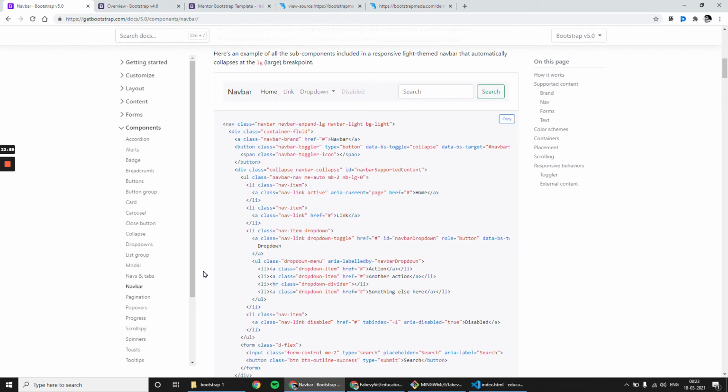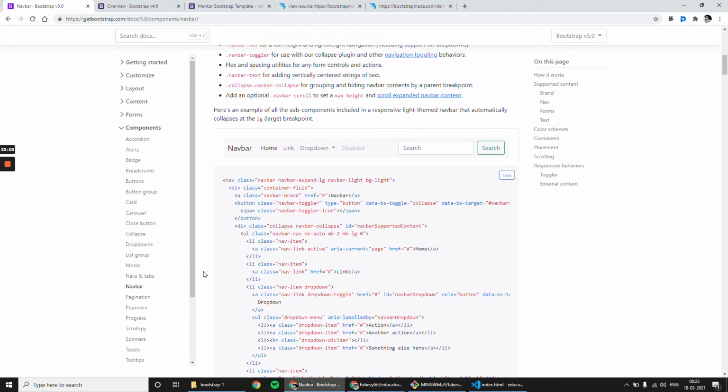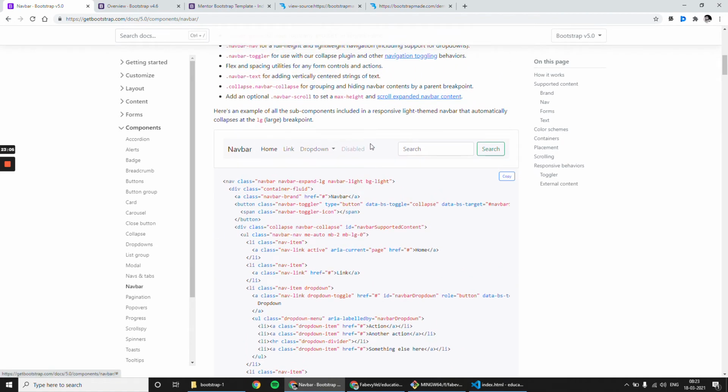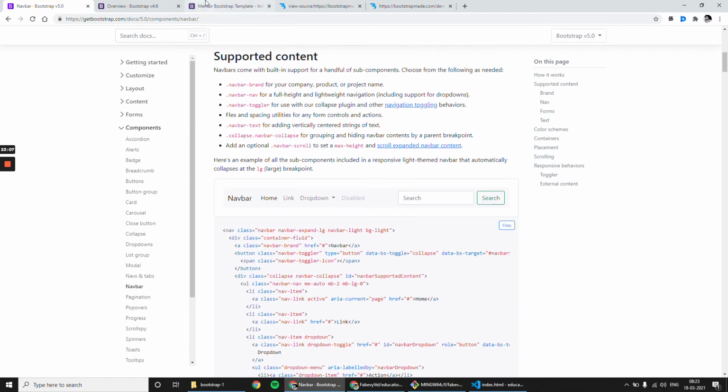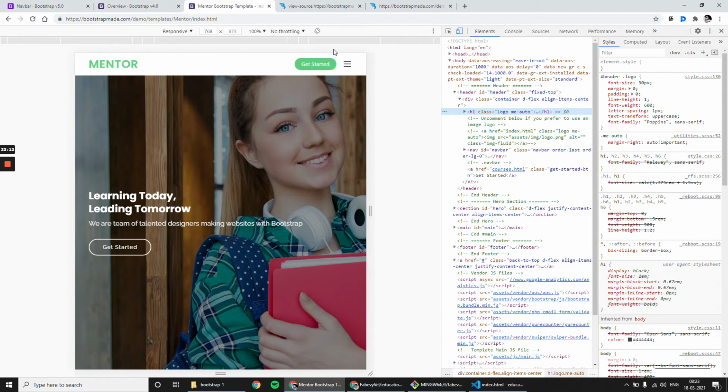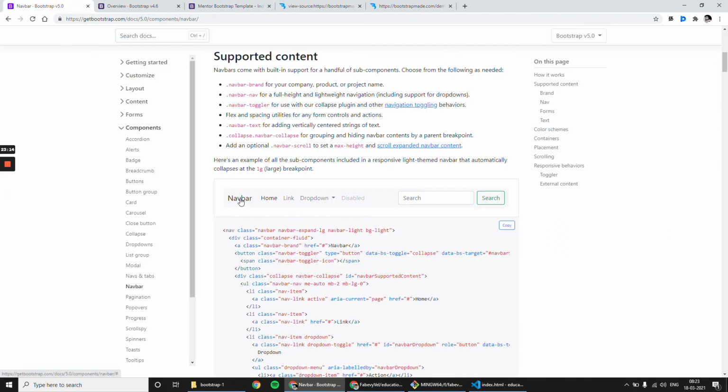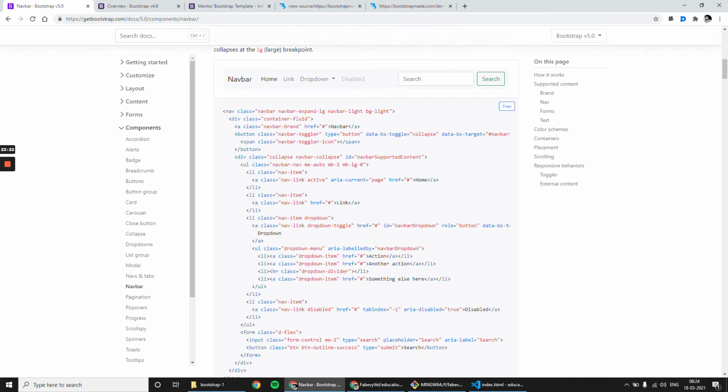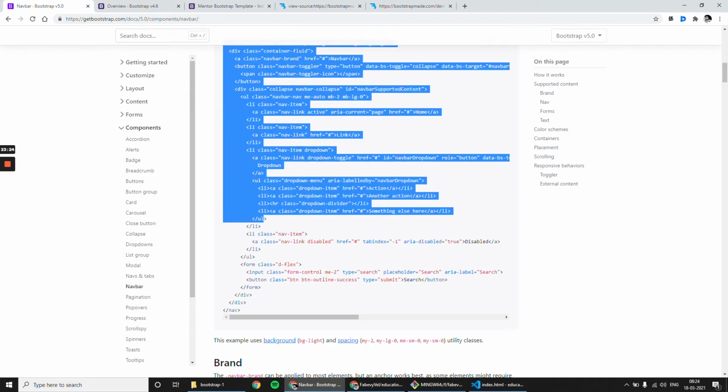There is a component called navbar, and the navbar is almost same like what we need. There is a logo and there is a menu, and here also there is a logo and there is a menu, and there is search box which is not needed, but there is a button that is needed. So I can simply copy this code and put it in my page.